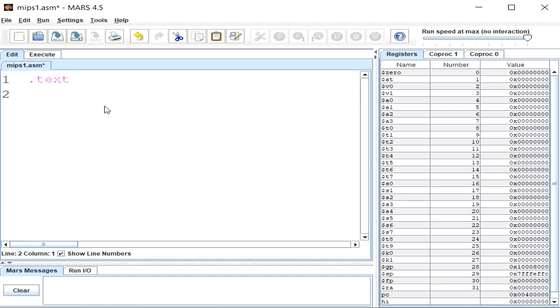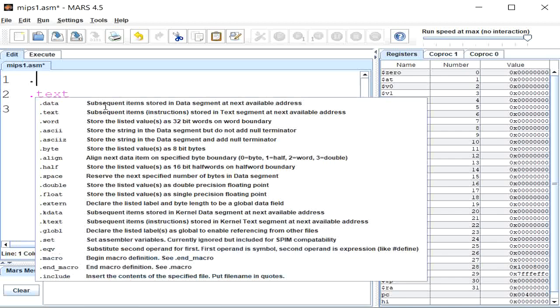So the first thing we want to do is, oh, actually, I changed my mind. We do need an array because we want to be polite and we want to print out to the screen something like, please enter a number. So we need .data,